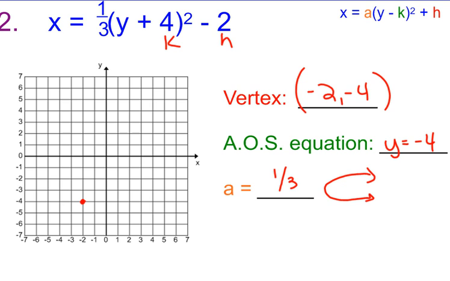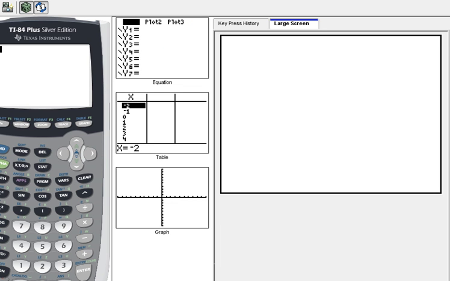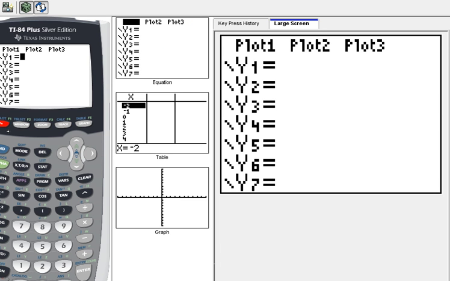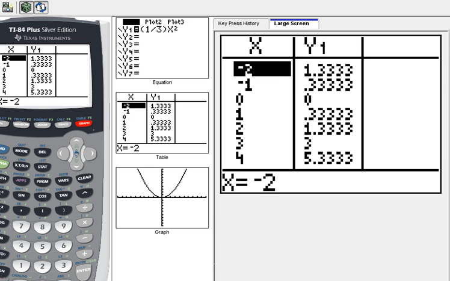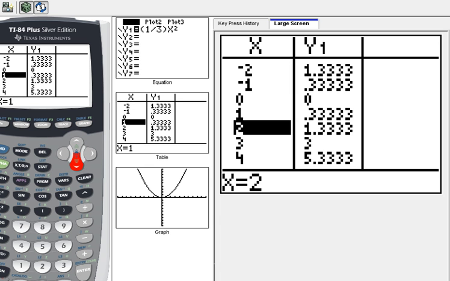So to help me figure that out, I'm actually going to use my calculator. And I'm going to just plot the parabola y equals 1/3 x squared, because that's just going to be a normal parabola that goes up, but it's going to show me how I move with 1/3. So when I hit the graph, this is not the parabola we're doing for our homework, but this is the one that's going to tell me how it moves. So I'm going to look at this table. I know the vertex is at 0, 0. So when I go to 0, 0,